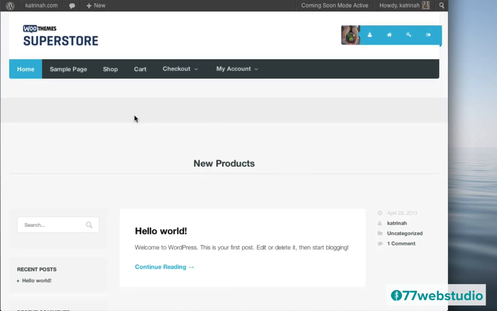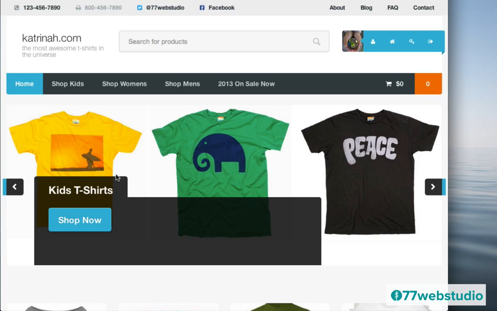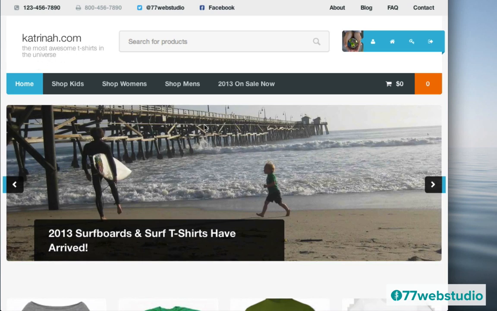So the first thing that I want to do is I want to change this logo of WooThemes Superstore to the website name or logo of my own store. And I also want to add the slider right here as well. So what we're going for is, here is the demo version. This is a website I've already created. So the next step is I want to add the title and logo and tagline of my own website here, and then I'm going to add this slider with the different calls to action.